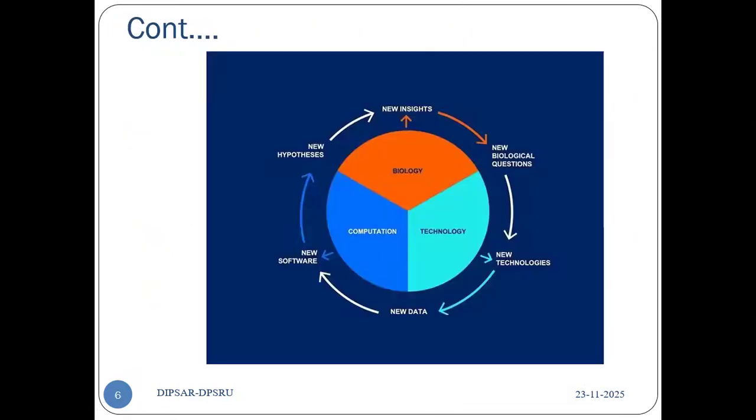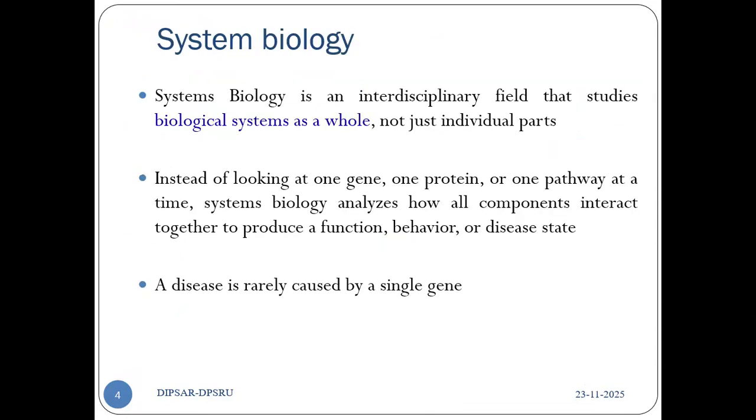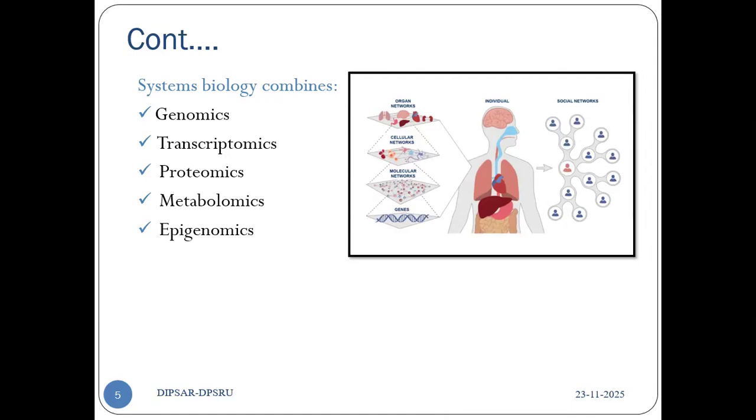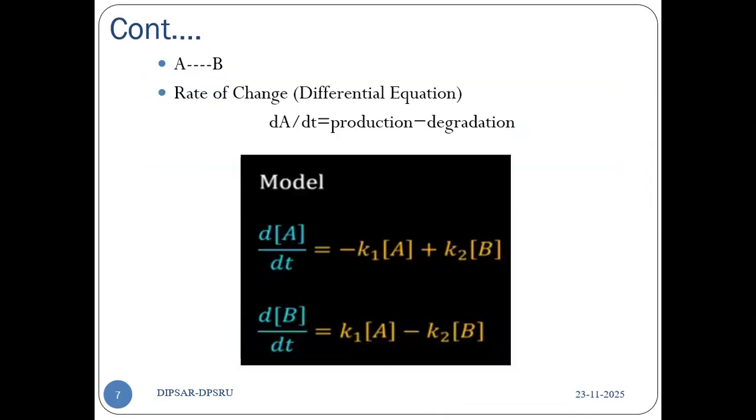But I hope, in conclusion, today's session is on systems biology, where you are not studying things at individual levels like we do in genomics, transcriptomics, proteomics, metabolomics, and epigenomics. We are studying them combined together. Of course, when we combine all these together, complexity will be there. That's why high performance computational techniques will help us resolve those complexities, right? So these are the models, simple differential equations.